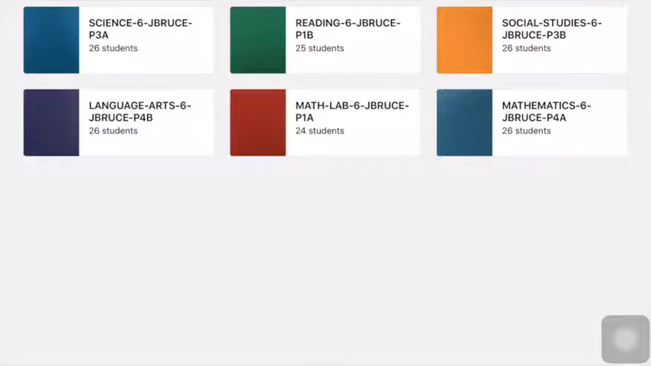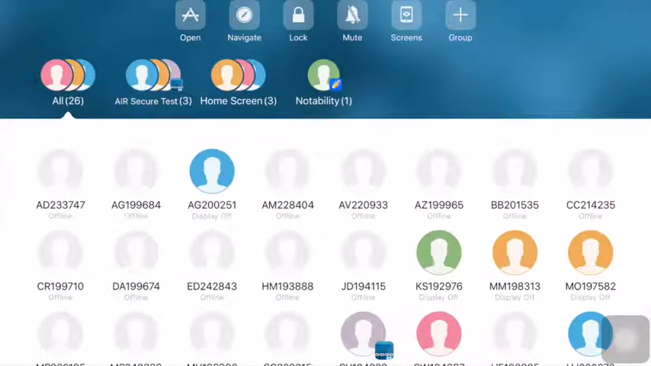You kind of see classes like this. Since we're in a middle school here, it's set up in periods, and we have A, B schedules, so that's why I have different sections. But if it's elementary, you'd probably just see one or maybe two sections there, interventions or something. So if I tap on a classroom, I'm going to just tap on my science period 3A,